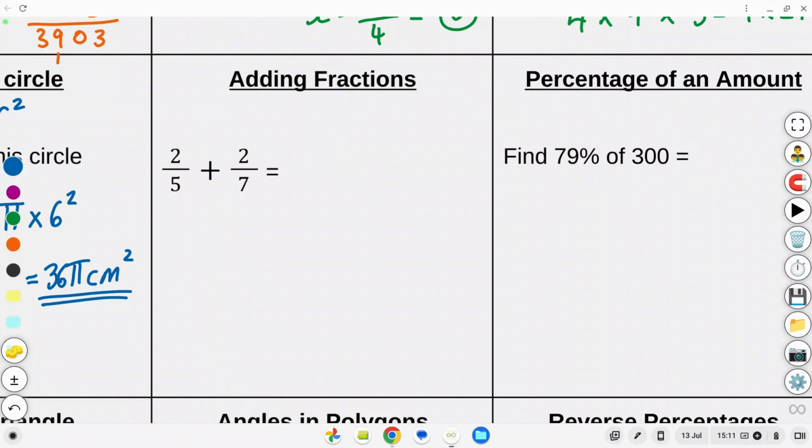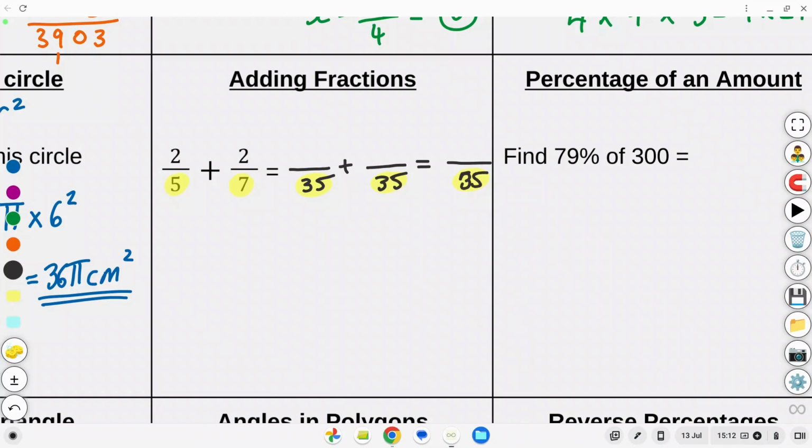Adding fractions, so this causes a lot of confusion. We can't add them together as they are at the moment because they've got different denominators. The numbers on the bottom are different. We need them to be the same. So the easiest thing to do is just to times the 5 and the 7 together to get 35. And that is a common multiple of 5 and 7, so it'll be a common denominator for